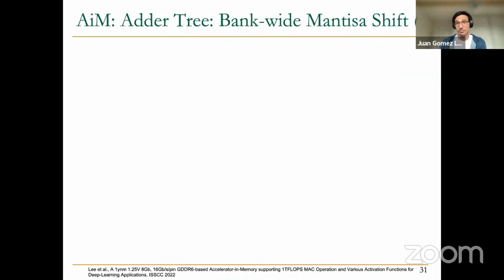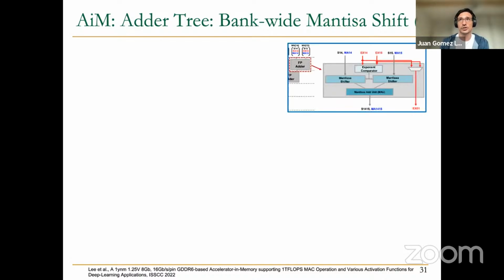So let's continue talking about this parallel reduction, and in particular how it's implemented in these adder trees. There is some interesting hardware improvement that SK Hynix used in their adder tree: instead of using regular floating point adders, as you may remember, in a regular floating point adder, what we have is first of all we compare the exponents and then we shift the mantissas as much as needed, depending on the difference of the exponents. And after that, we perform the addition operation. In order to save some cycles, some energy, and also some area that can be useful for other uses, like, for example, extending the processing unit with a reservoir capacitor,